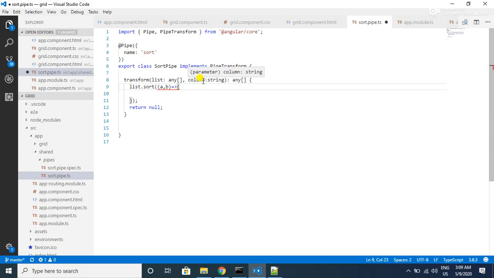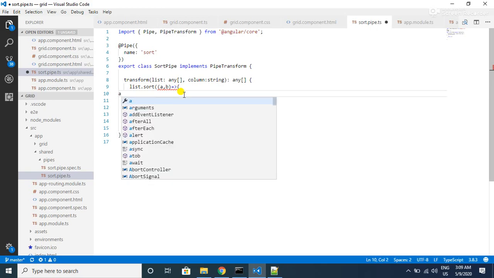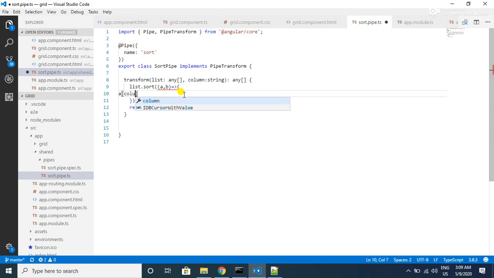Whenever we click on a particular column, we will be passing the column name. Let's take an example. Let's say it is the name of the employee. So when we click on that name column, we will be passing the column value as name, and inside this list, a and b will be two employee objects, and we want to compare employee 1 name with the employee 2 name. So for that we can do that using a of column. In this case it will be name when we click on the name column, and if it is greater than b of column,